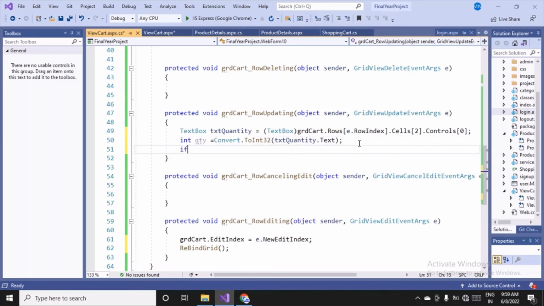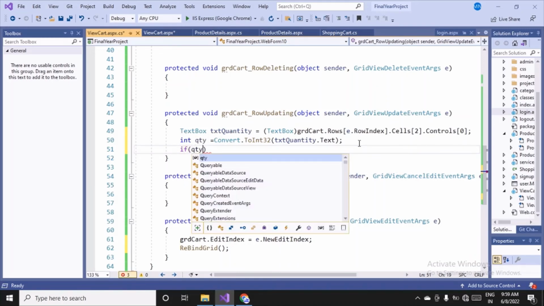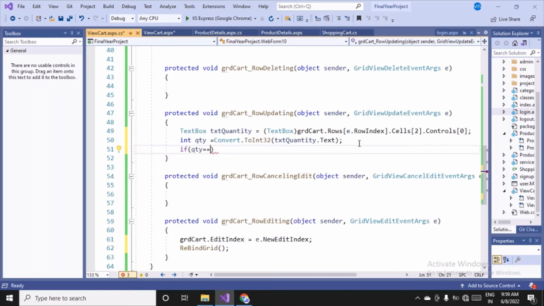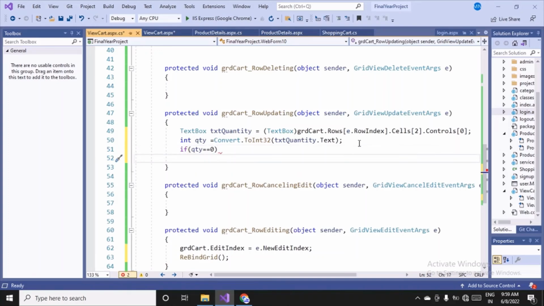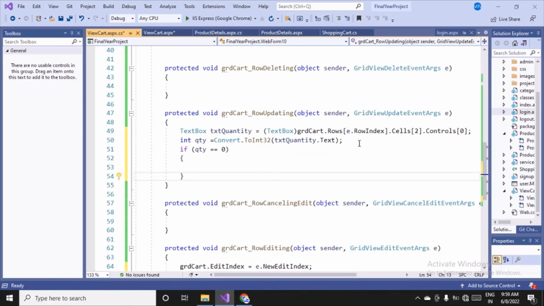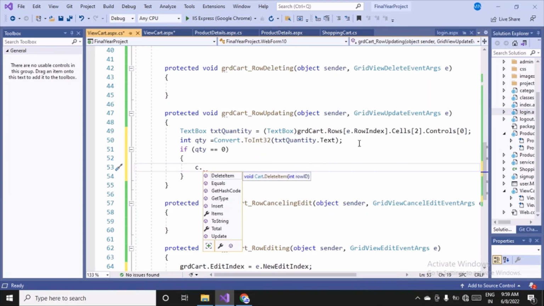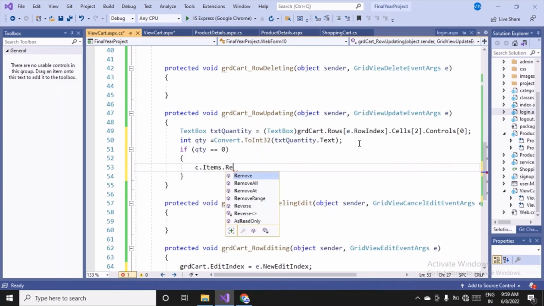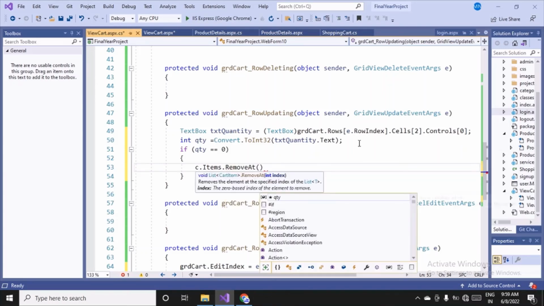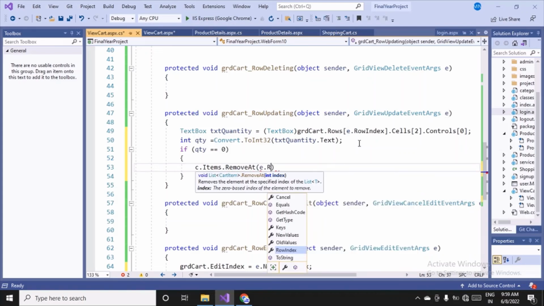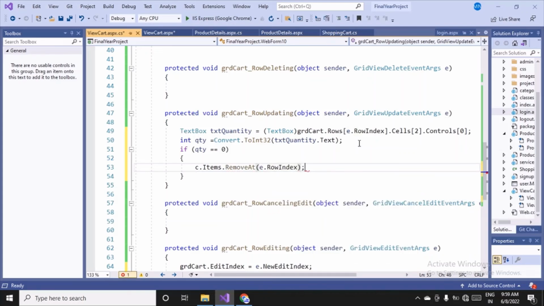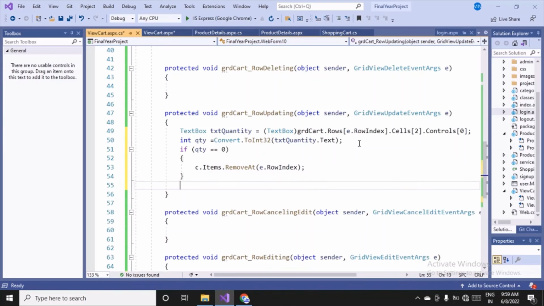And if the value of that variable, that is qty, is equal to 0, then what we are supposed to do, we have to remove that product, right? So let's say c.Items.RemoveAt, not RemoveAll, RemoveAt, we have to pass the row index of whichever row we are operating, e.RowIndex, semicolon. If the quantity is 0, then we have to remove it, else